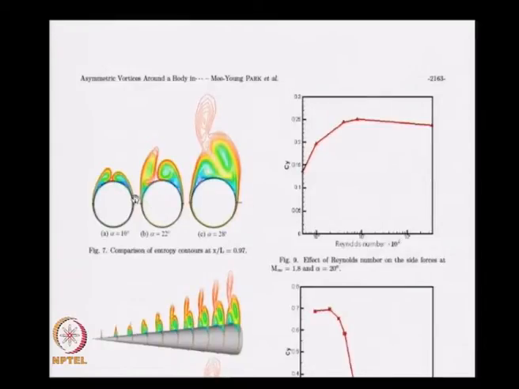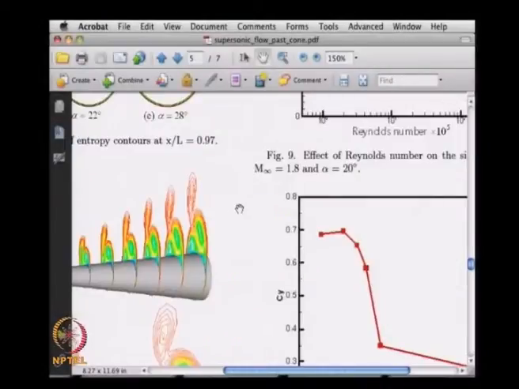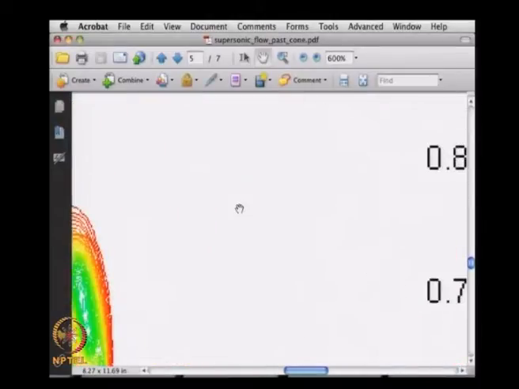and also you see a lot of asymmetry. The asymmetry is very, very obvious. This is the entropy, and you see that here. Then you come over here, and you can see these two loops of entropy, and then you see this point, as you increase the angle of attack. Then if I go down here,